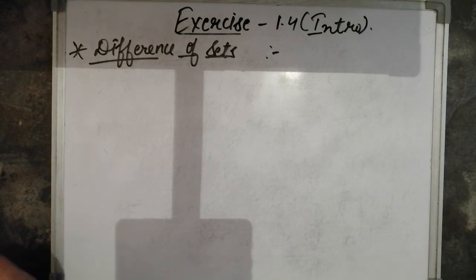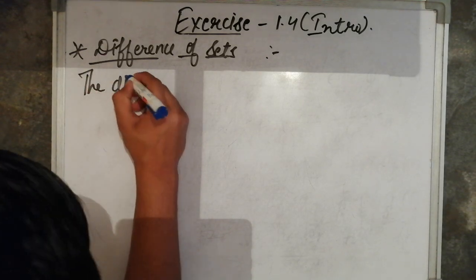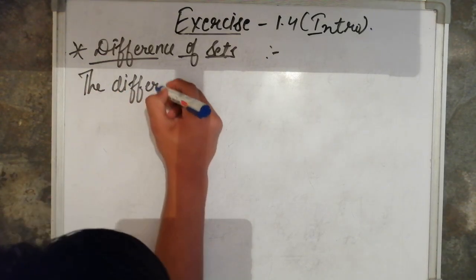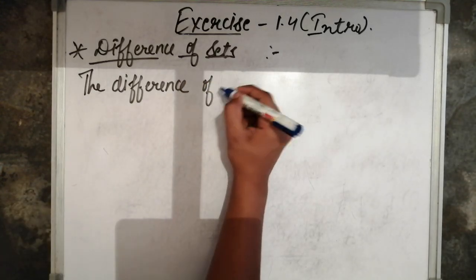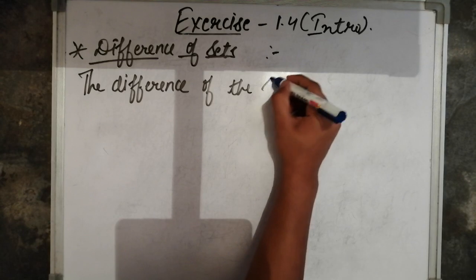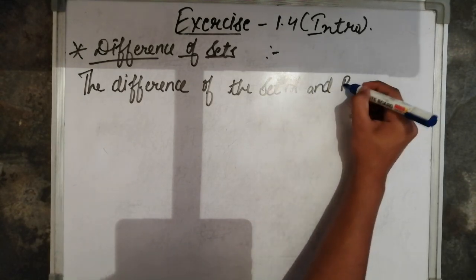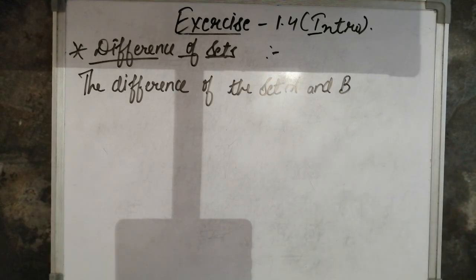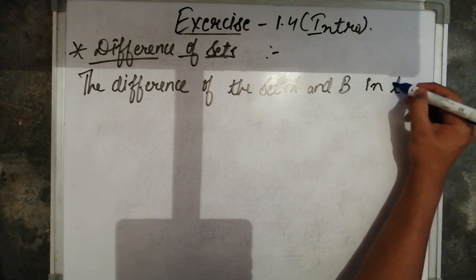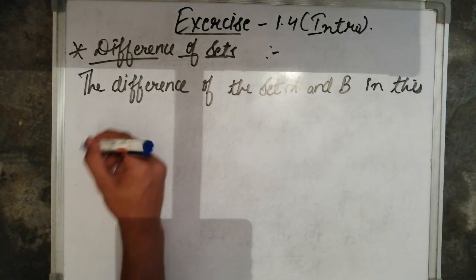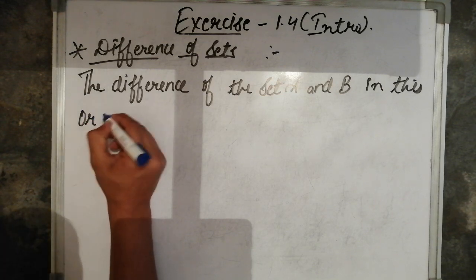And its definition according to NCERT is: the difference of the sets A and B, in this order,